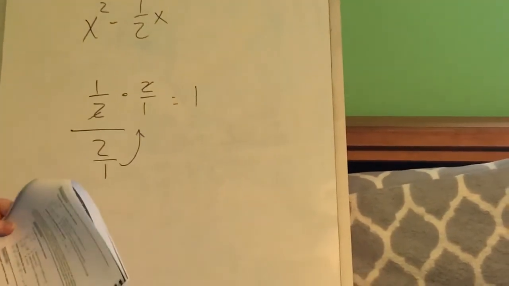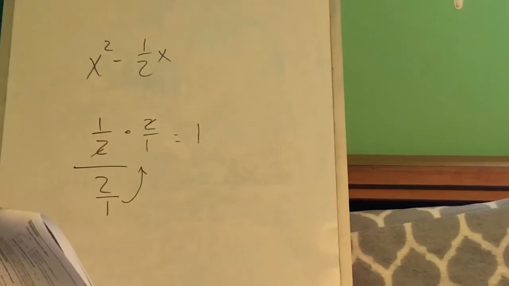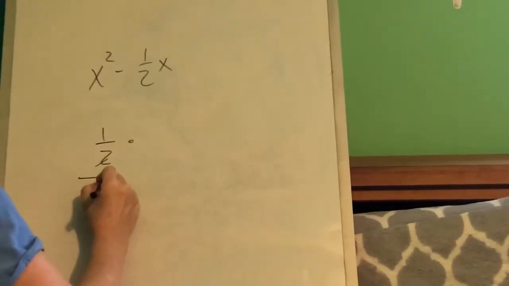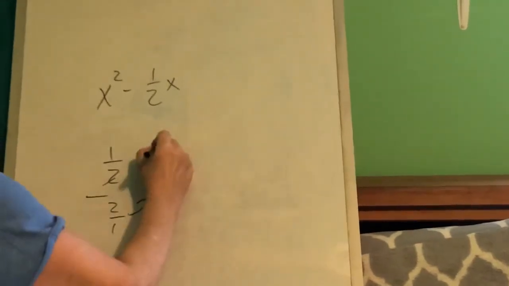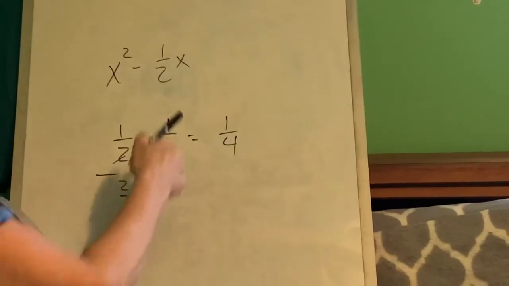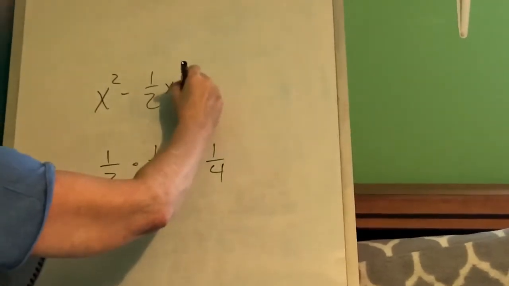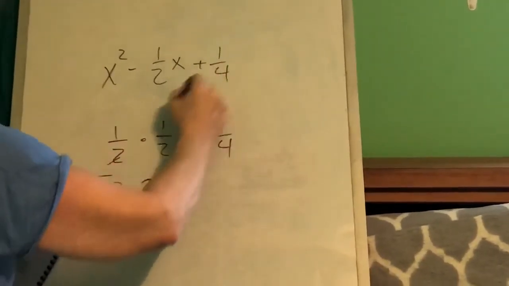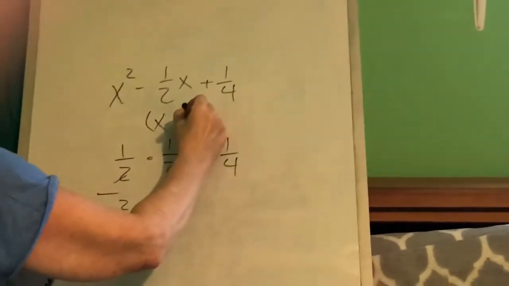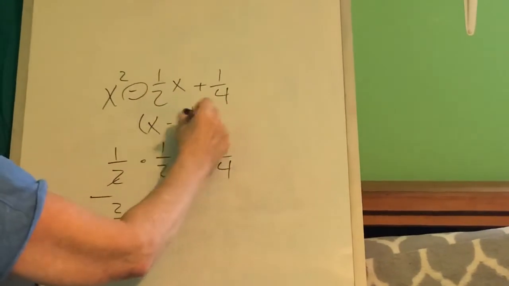not that. What did I do wrong? Divided by 2. Invert. I did not invert. All right. Okay, so 2 over 1. We're going to invert, and we will end up with 1/4, which is what we had. Well, we hadn't done it already, so we're going to add 1/4. And when we factor, we will take the square root here, the square root here, and this sign, all right,